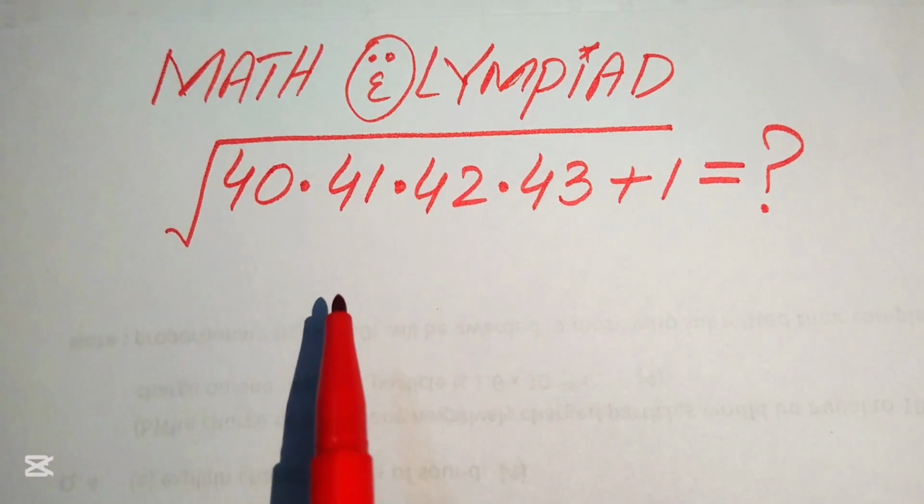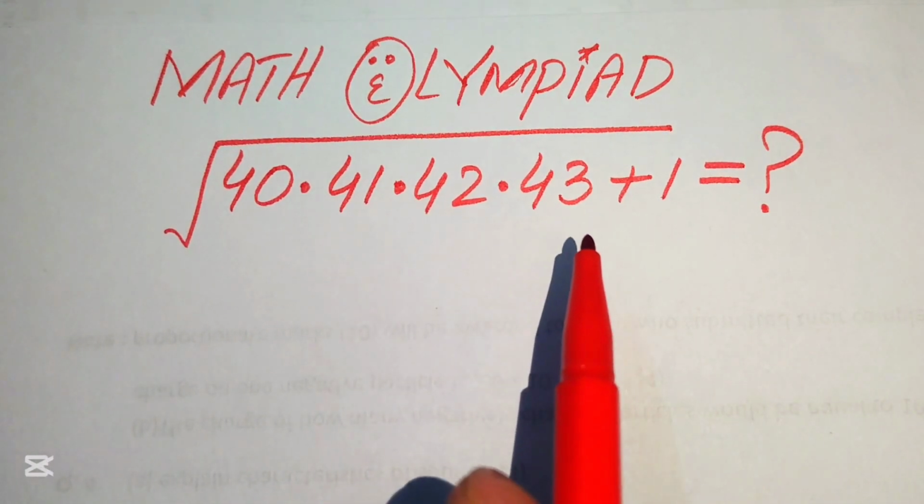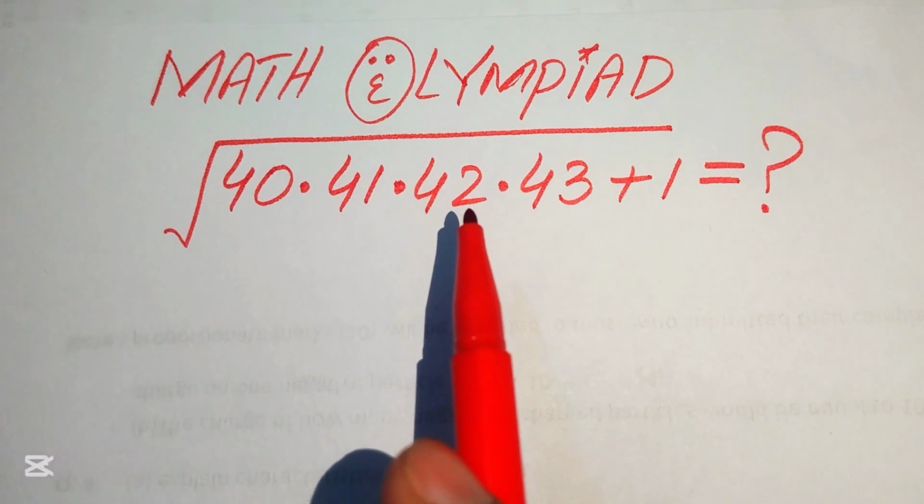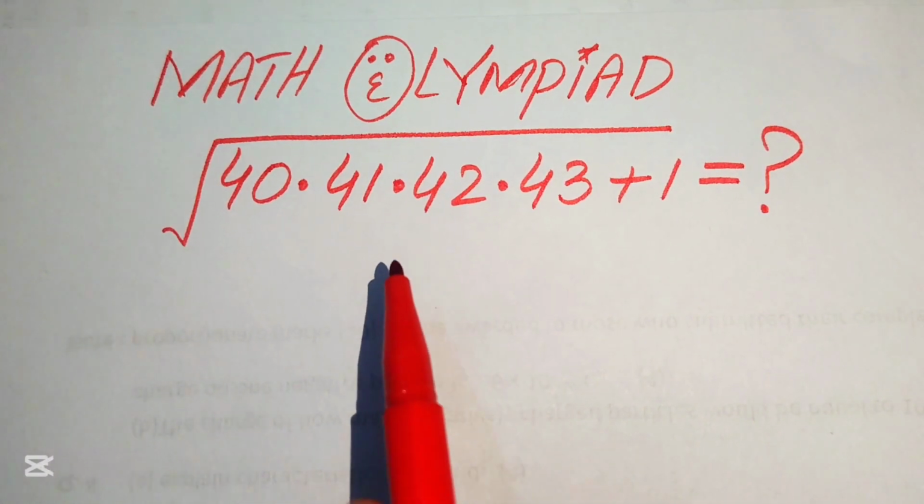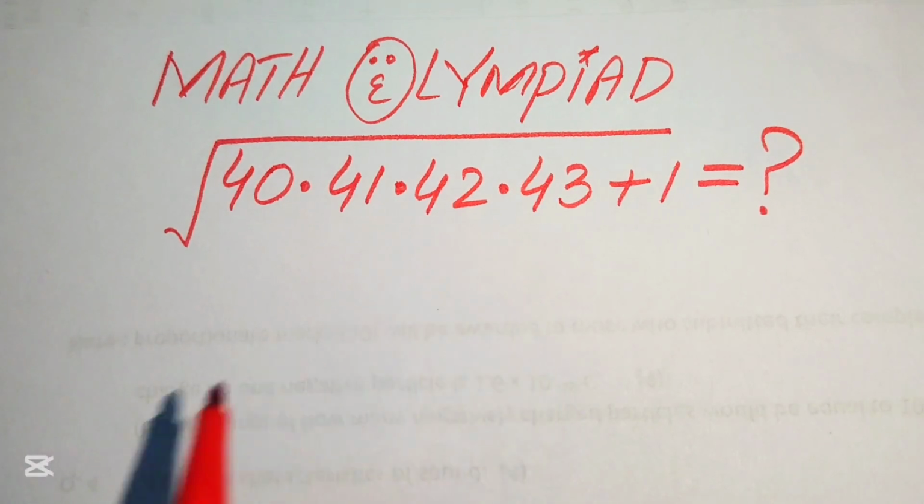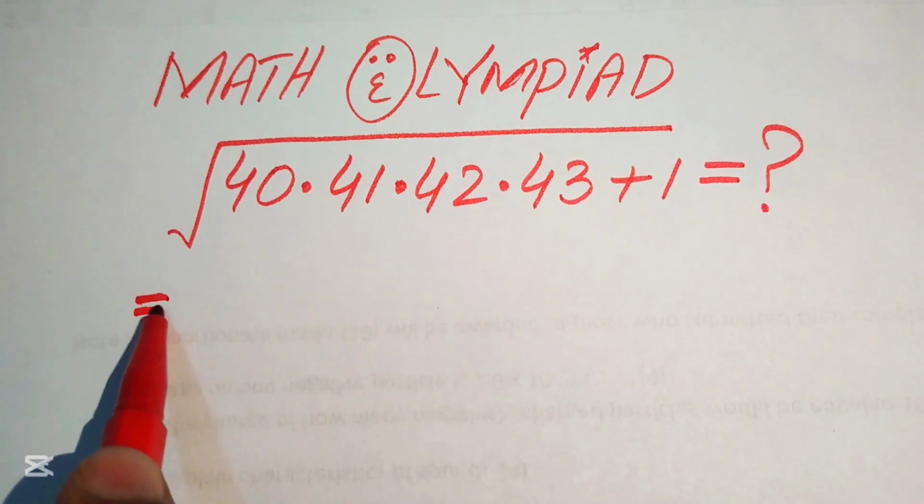So here we have 40 times 41 times 42 times 43, plus 1, and its whole square root. So this is an algebraic expression. We need to write this in simplified form, or find the square root of this product-plus-one problem. Okay. So the very first step is to rewrite